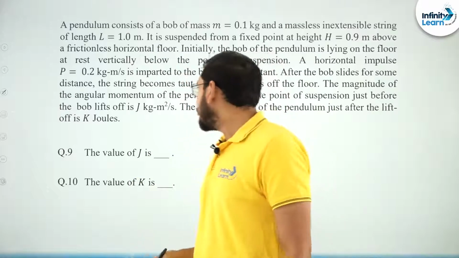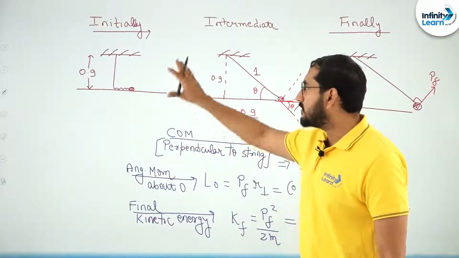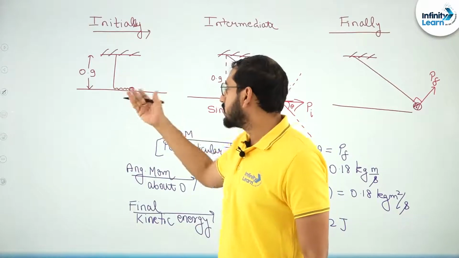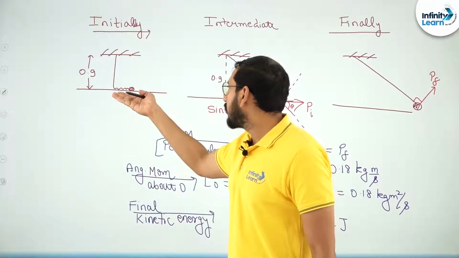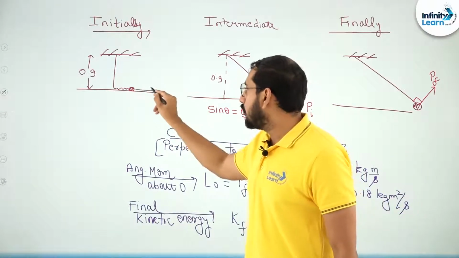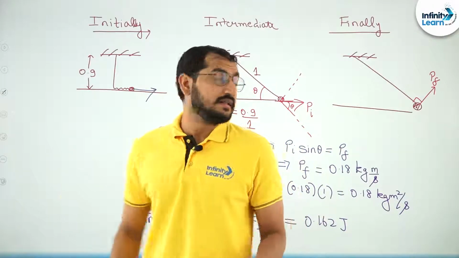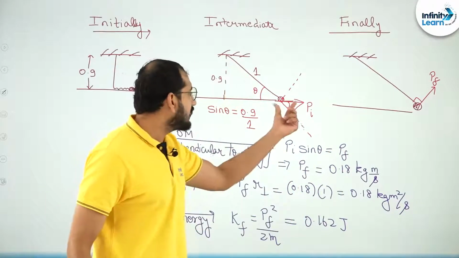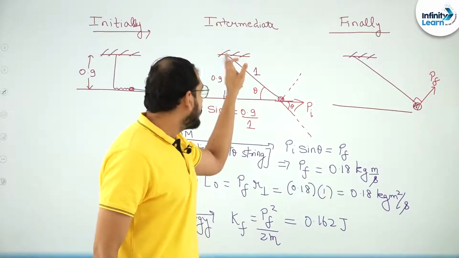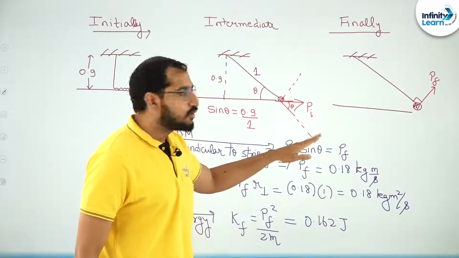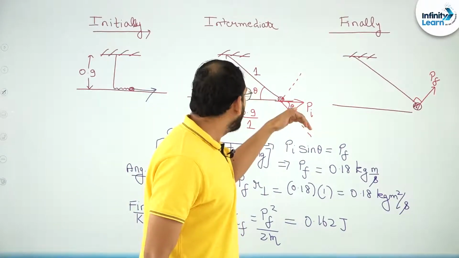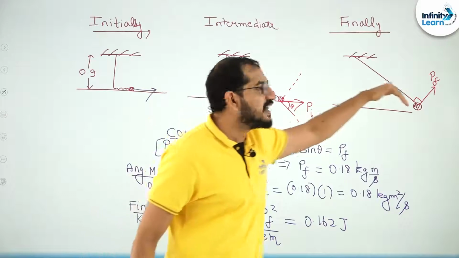The best representation that we can draw, you can see in this slide: initially some of the string is loose, staying on the ground only, and then in some intermediary step, when we have applied the momentum over here, the full stretch in the string has occurred up to this point. This is the intermediate stretch. Now further stretching cannot happen, so immediately the momentum component which is along the string will vanish.